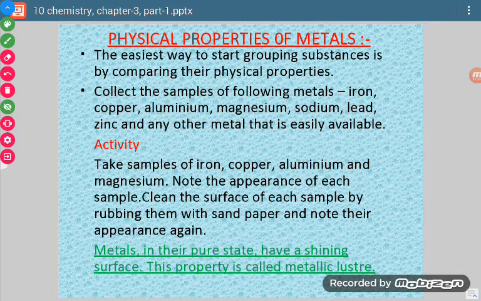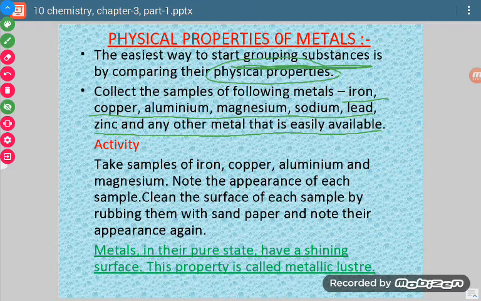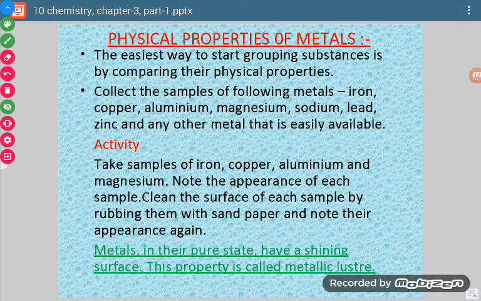Now first of all, where is the use of these physical properties? We find the use of physical properties for grouping our various substances. Physical properties help us in grouping the substances in various categories. First of all, we will take samples of a number of metals. And then in our first activity, we will take different samples of metals and we